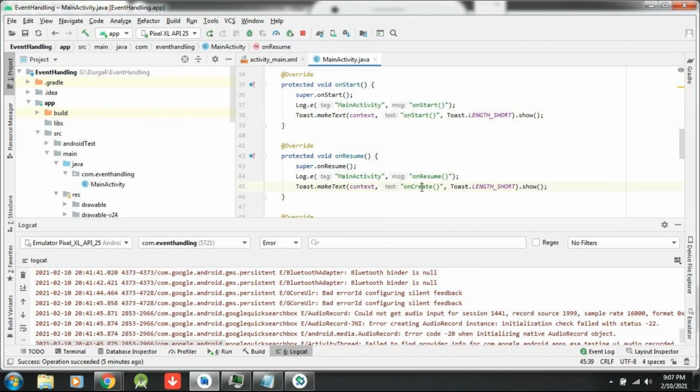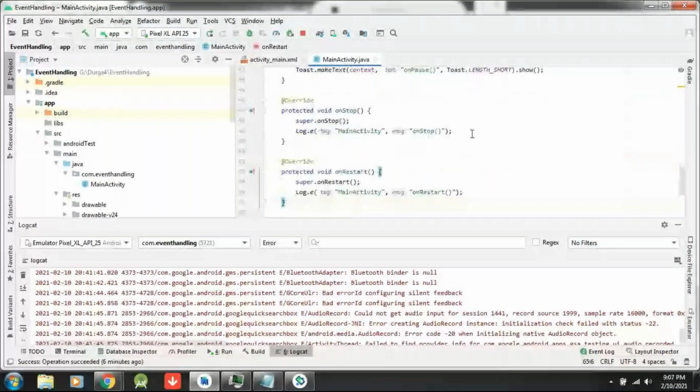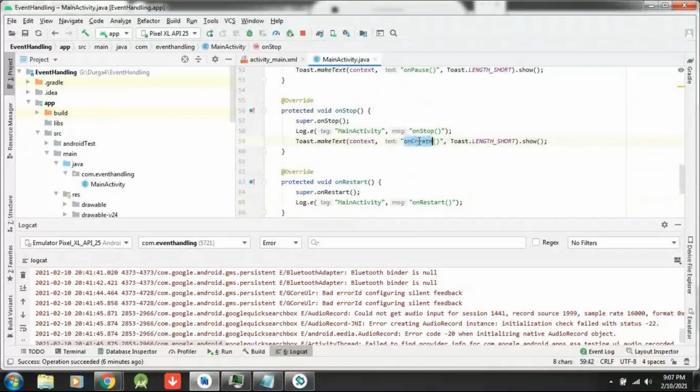I don't need to write all these methods. Okay, only onCreate is enough for us. That we will discuss tomorrow. onResume, this is onPause, and onStart.